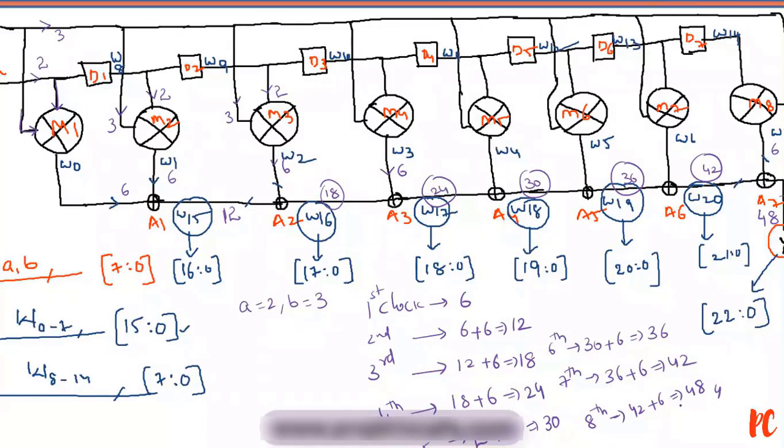So this is the way an 8-tap FIR filter is going to be implemented when we are giving two different inputs for multiplication. So let's start designing a FIR filter in Verilog.